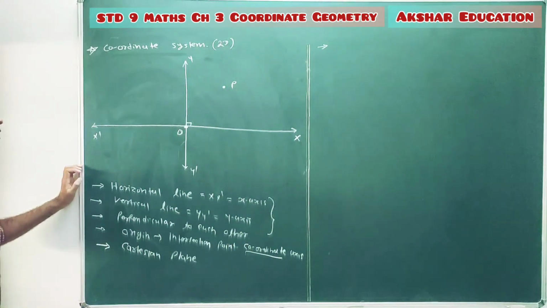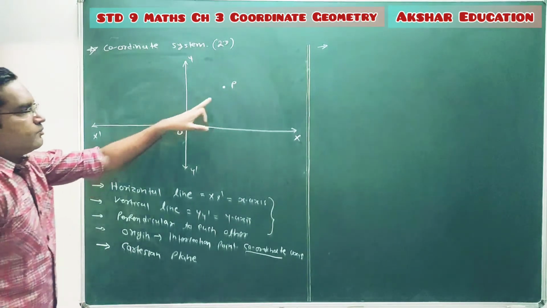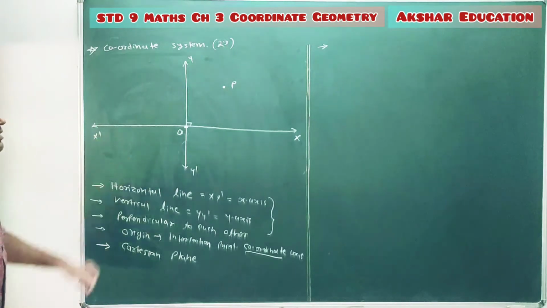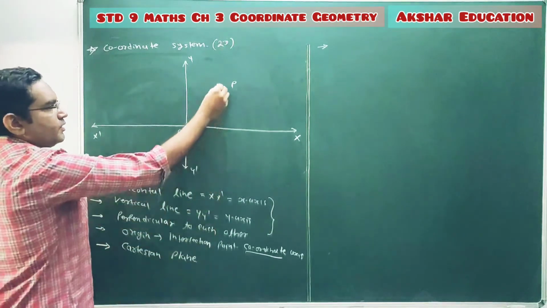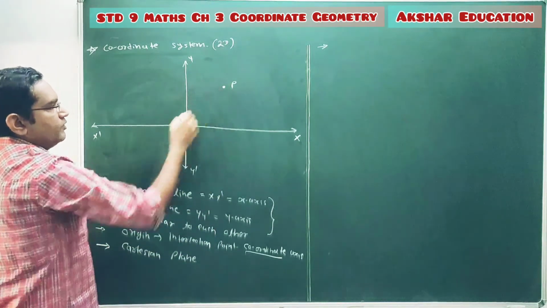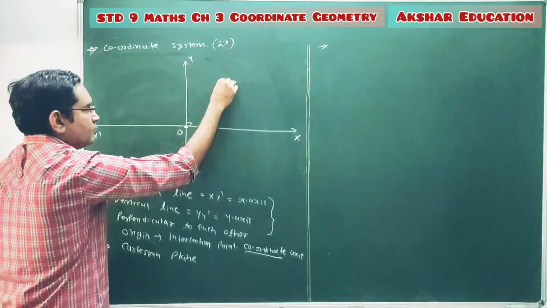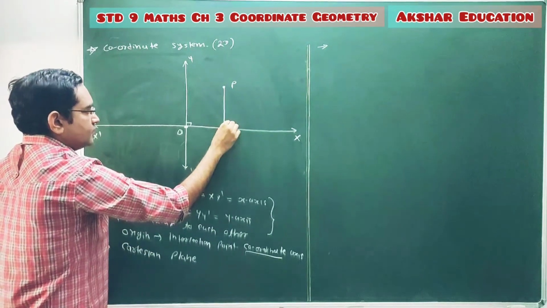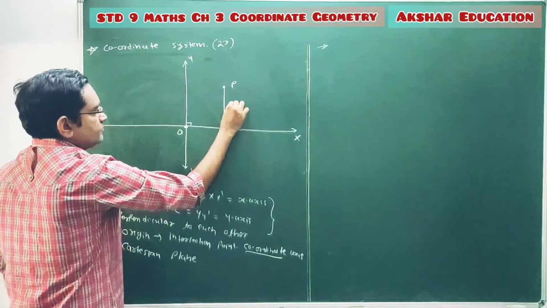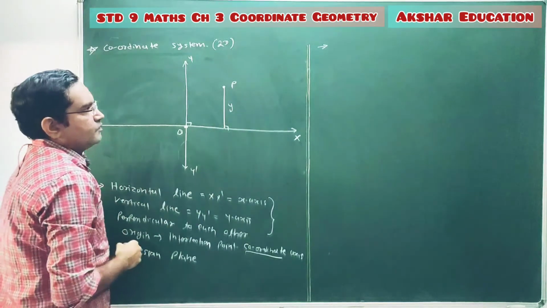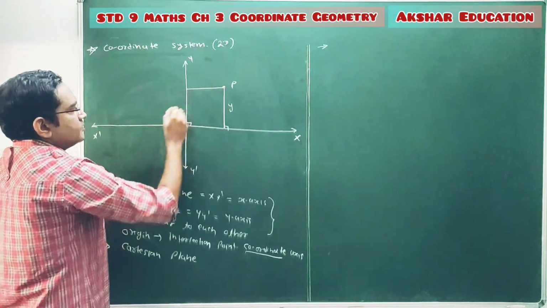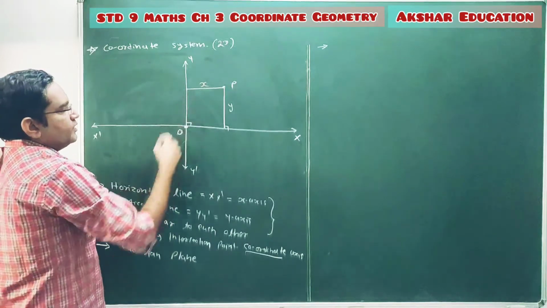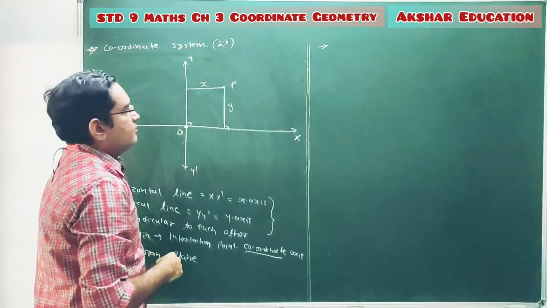So here on the Cartesian plane we describe the position of point P. To describe the position of point P we require its coordinates. So how can we describe the location of this point P in the Cartesian plane? To describe the location of point P, we have to consider the perpendicular distance of point P from the x-axis and from the y-axis. The perpendicular distance of this point P from the x-axis is nothing but y, which is known as the y coordinate, and the perpendicular distance of point P from the y-axis is nothing but x, which is known as the x coordinate of the point P.